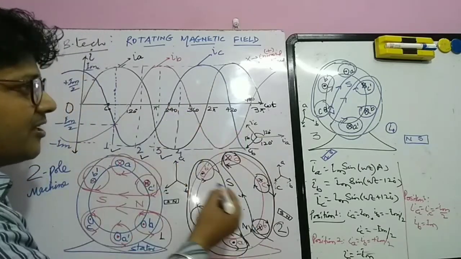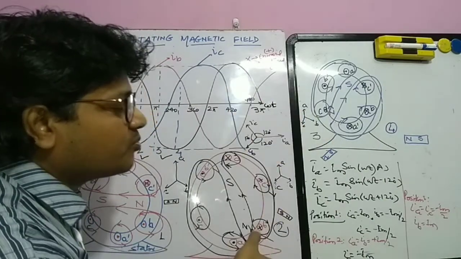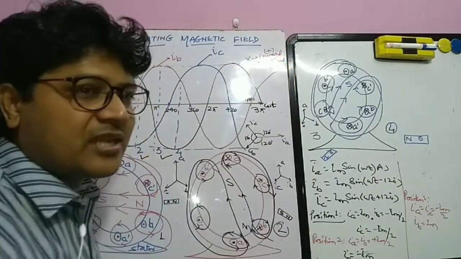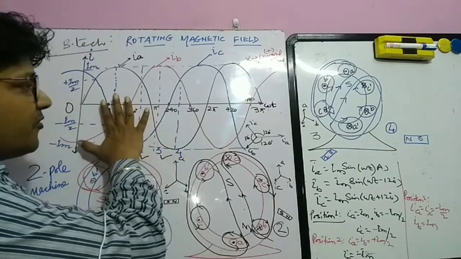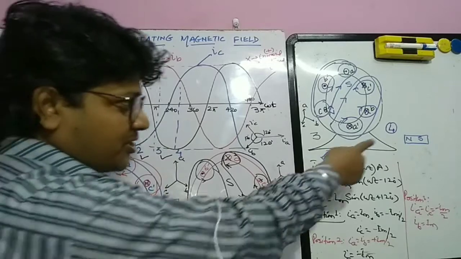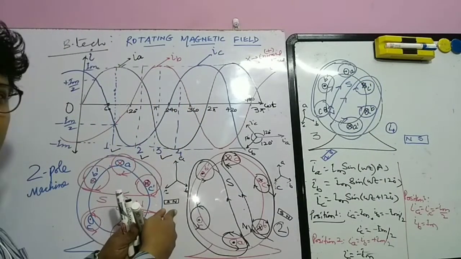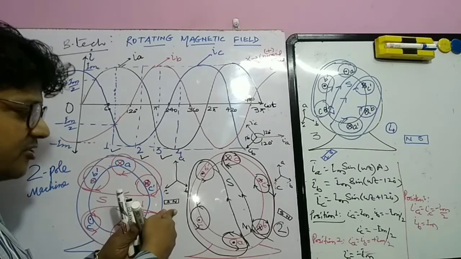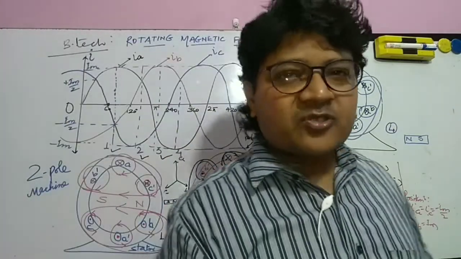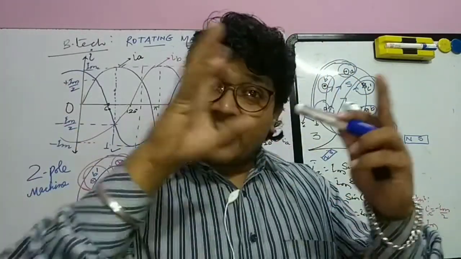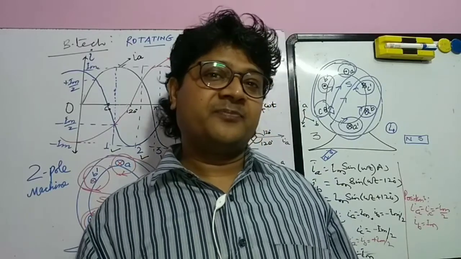So current is moving on the time axis by 180 degrees, and the same is the case with our pole. The pole is again moving in space by a space angle of 180 degrees. When it has moved 360 degrees, it comes back to its initial position, and that initial position is this. It means as the current is moving on the time axis, our magnet is moving in space in the same way with the same angle.